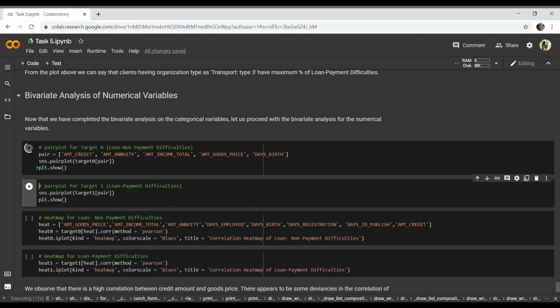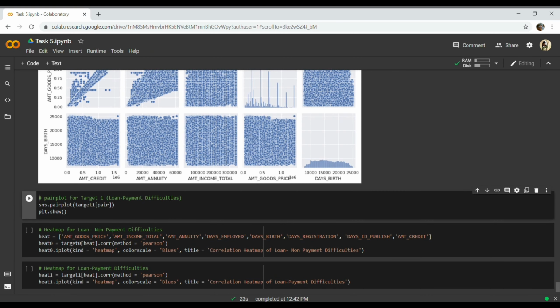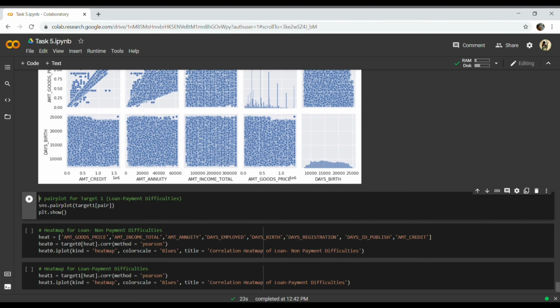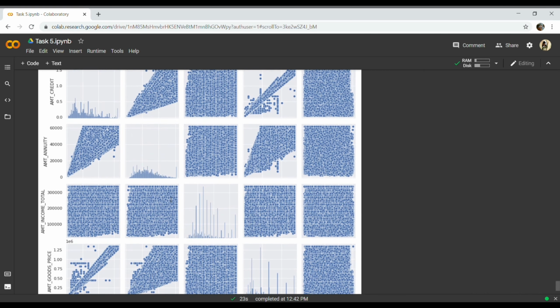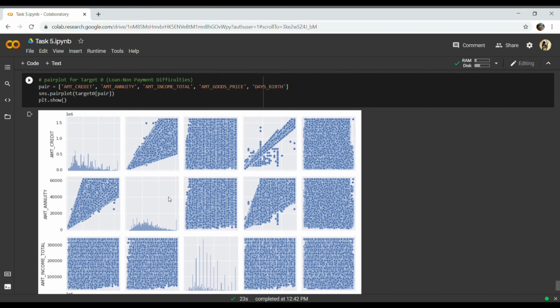This would be completed in a few seconds. This is for the target 0, where there are no payment difficulties. Now we can see the distribution is quite even for each of them.